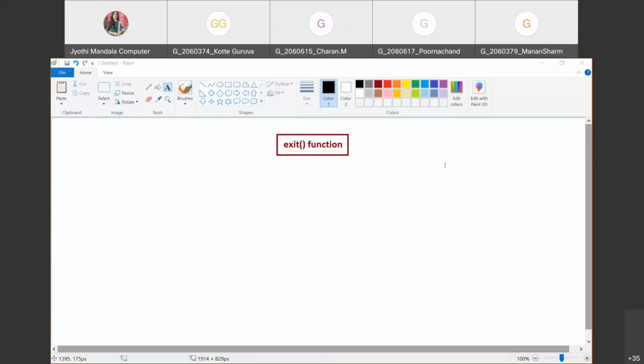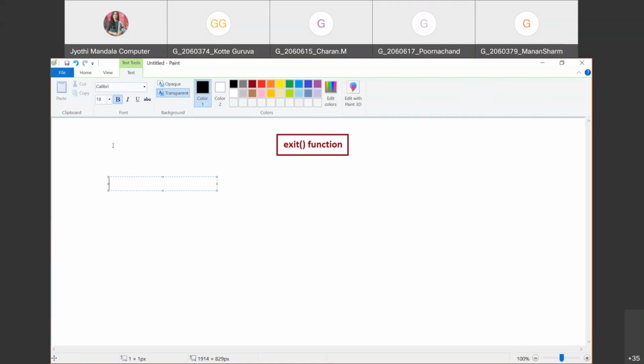But sometimes we want to terminate the program in the middle of the execution. Isn't it? So we have some cases like that. We'll highlight those cases and see, if you want to exit or terminate the program immediately, how that can be done. Okay, so note down, all of you, what is the use of this one.